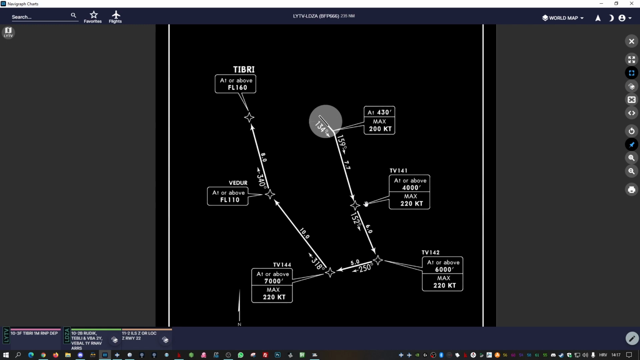It's easy to read the map. I'm just showing you how to read the chart. This is your direction, your heading. This is the distance between these two waypoints, and this is the restrictions you have to follow. So at Tibri, we're gonna be at flight level 160. This is our initial flight level, and we're gonna set up our initial flight level later in the MCP panel. But first